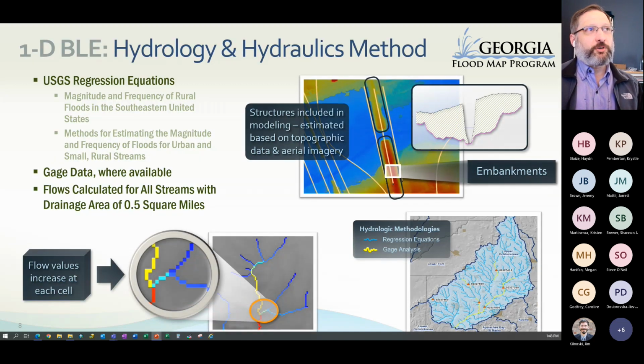1D BLE, so that was our two-dimensional. That's stuff that you may have never really seen from us because it's something that's really gaining popularity in FEMA because it's so efficient. It is less expensive to do because it covers such a wide area. But 1D BLE, where it makes sense to do that. Well, let me back up real quick. The 2D BLE we